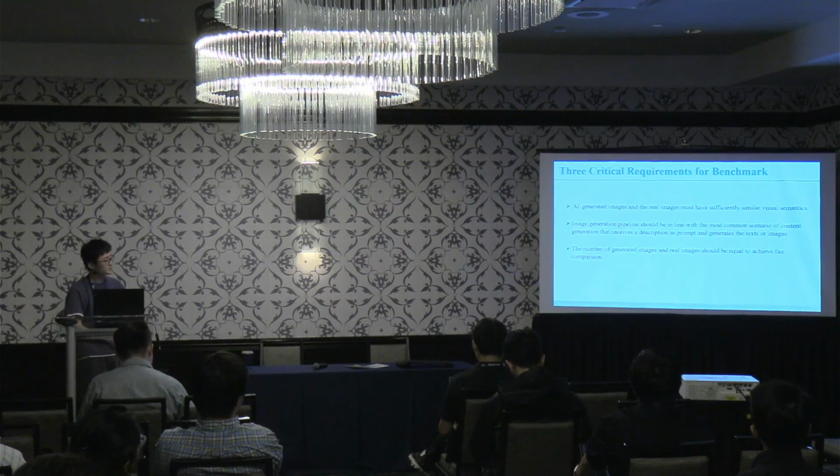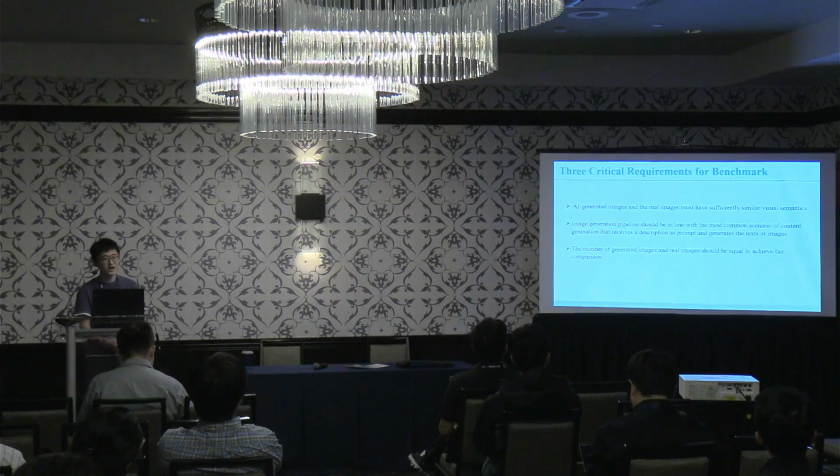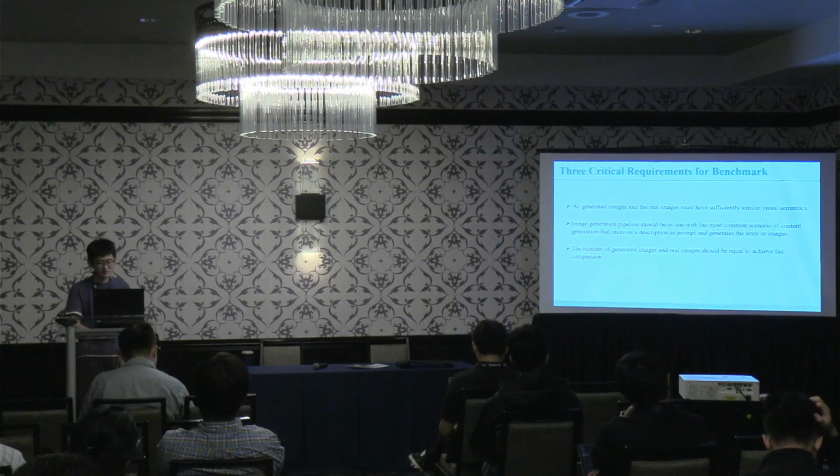First, from the perspective of fair assessment, a reasonable scenario for assessing the potential bias requires that the generated images and the real images must have sufficiently similar visual semantics. This can avoid increasing or decreasing some semantic associations between the generated images and the queries caused by image generation. That is, the AI models preferring or rejecting an AI-generated image that is more or less semantically relevant to the query than the real image cannot prove the existence or non-existence of the bias.